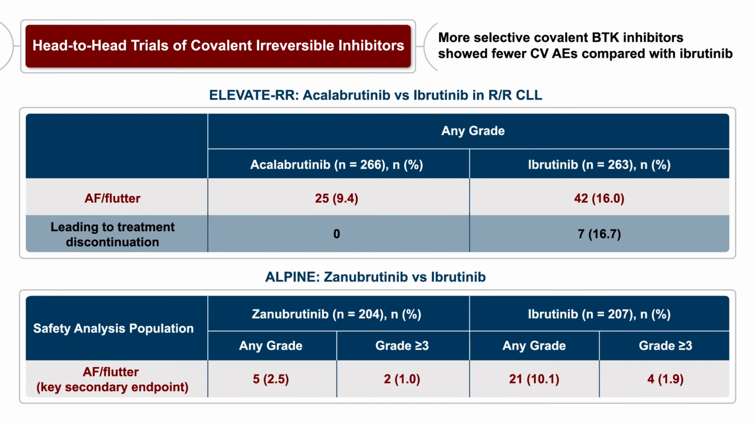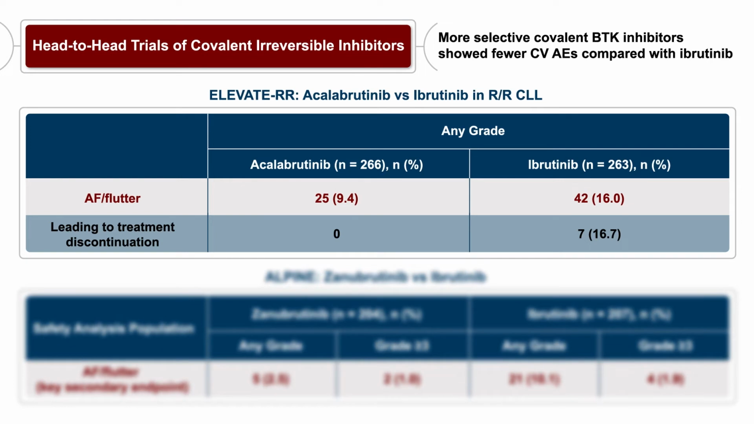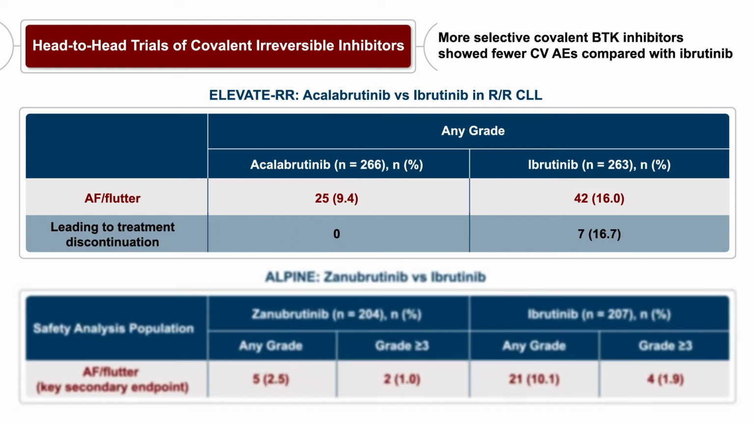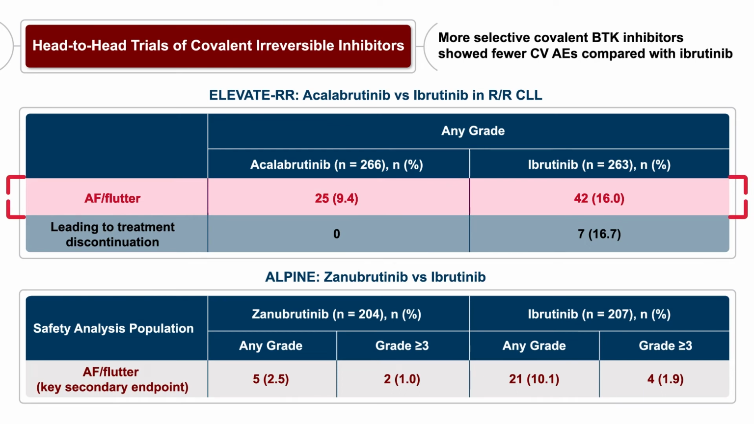There is some exciting data comparing these covalent irreversible inhibitors, ibrutinib, acalabrutinib, and zanubrutinib, in a head-to-head fashion. In the ELEVATE study looking at relapsed refractory CLL, acalabrutinib was compared to ibrutinib, and the most important finding was the difference in adverse events. In particular, the rates of atrial fibrillation or atrial flutter were much lower in acalabrutinib. And we now better understand that because acalabrutinib is a more selective BTK inhibitor, hence resulting in less off-target